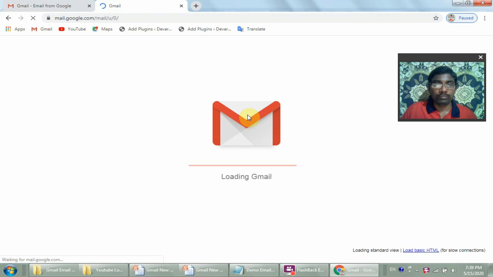Like this, everybody can log into your Gmail account by using your Gmail ID and password. So write down your Gmail ID and password, or keep them in your mind, or write them down in any notebook.